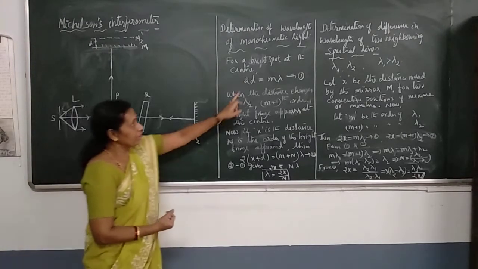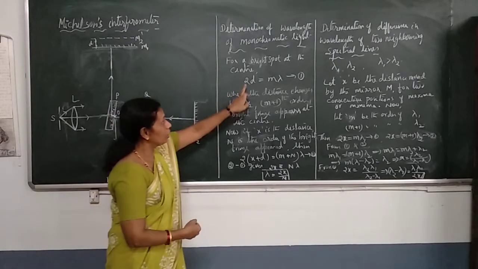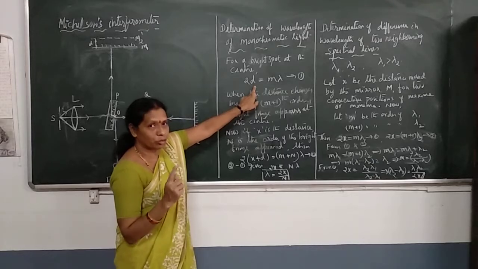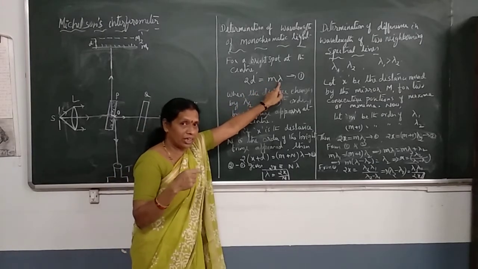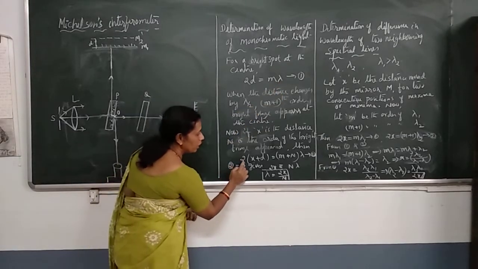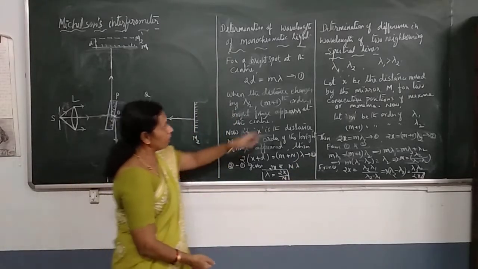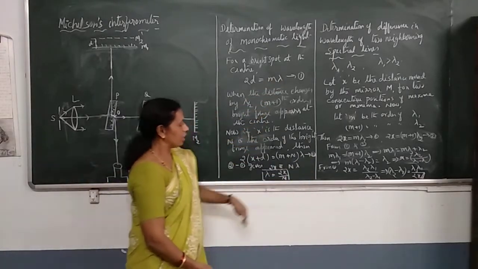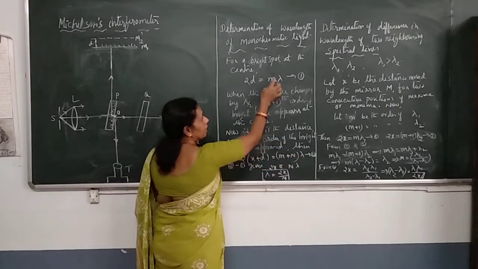So the relation for that particular distance and order becomes 2 into (x + d). The order is N. Already M was there, and next extra order N, so M plus N. The relation becomes 2(x + d) = (M + N) lambda. From these two equations, we can find lambda as equation 2 minus equation 1.